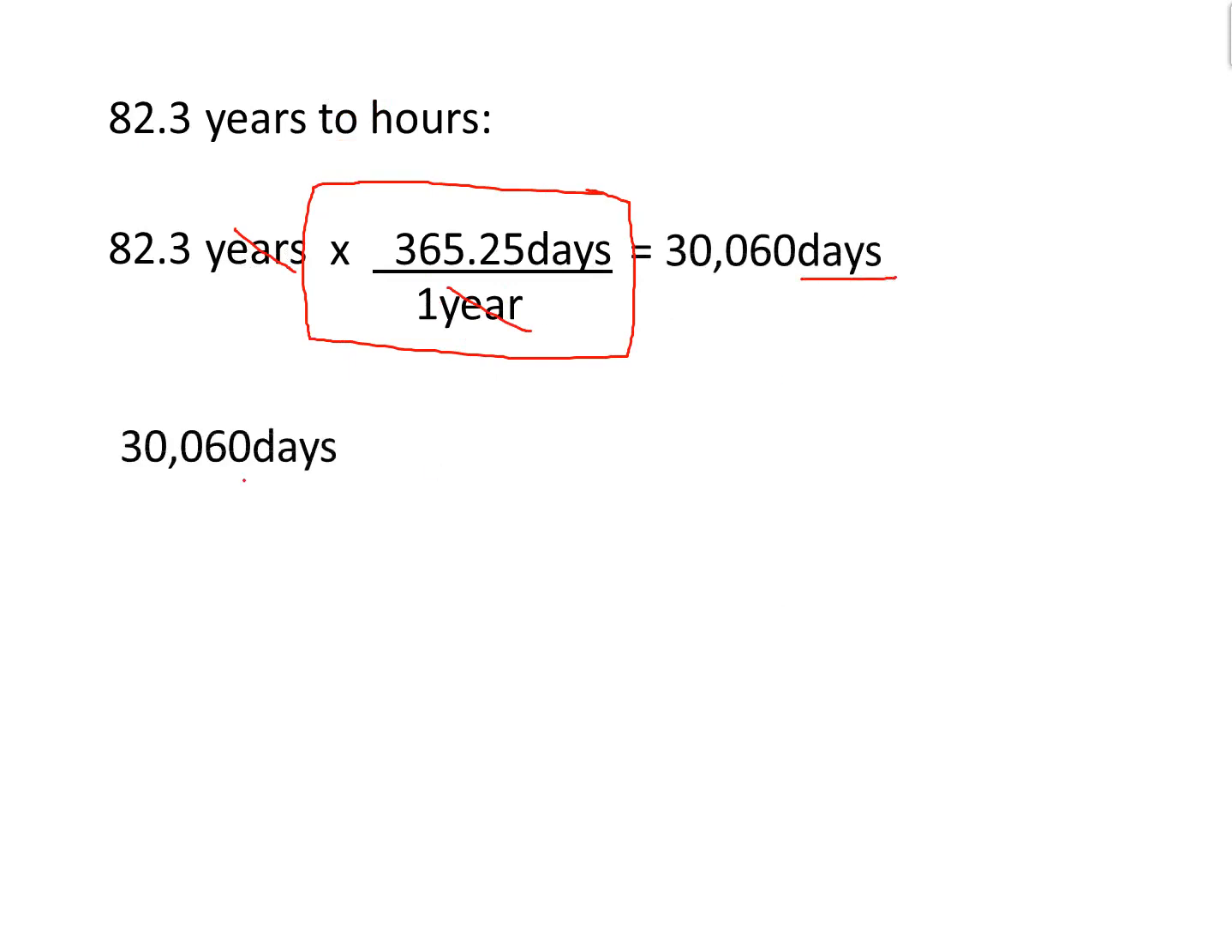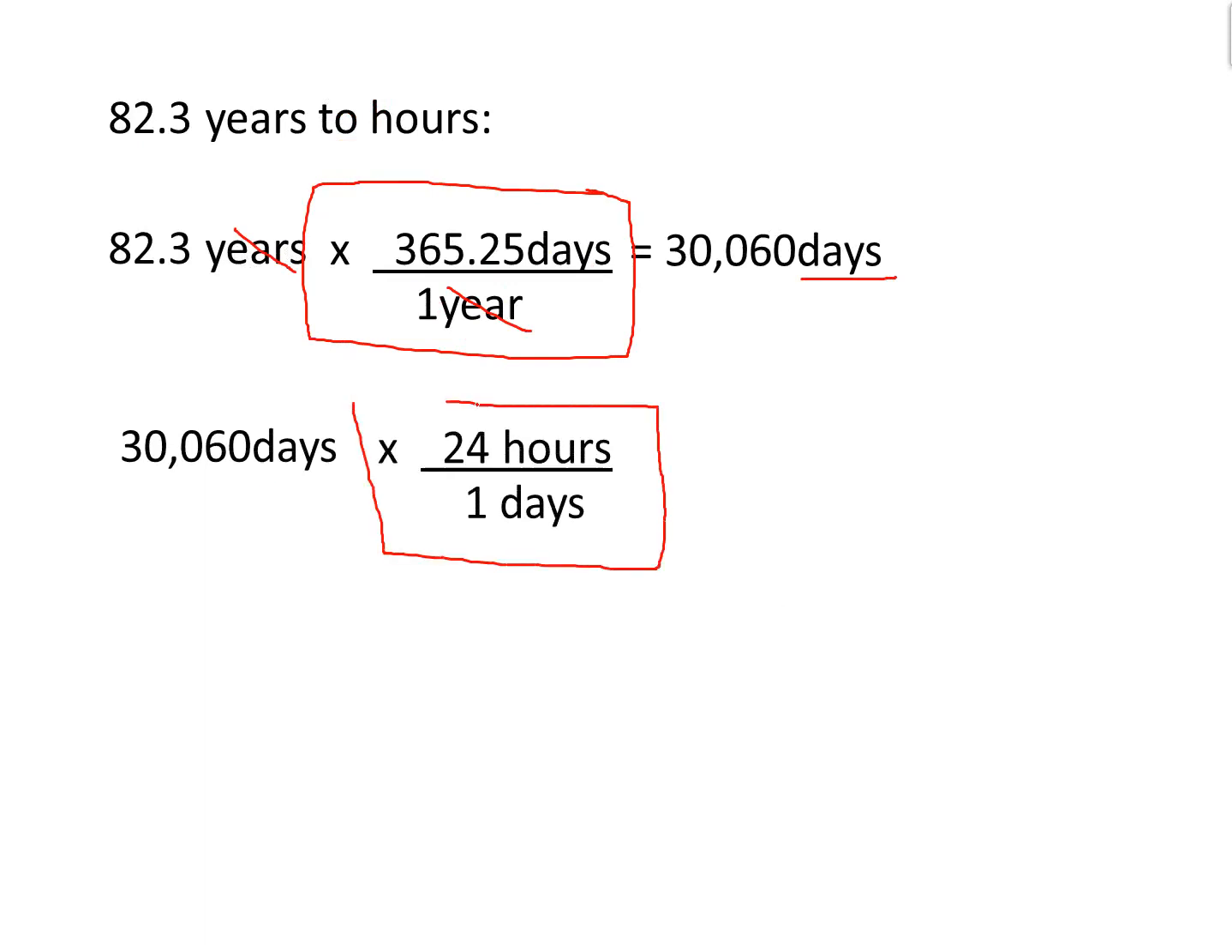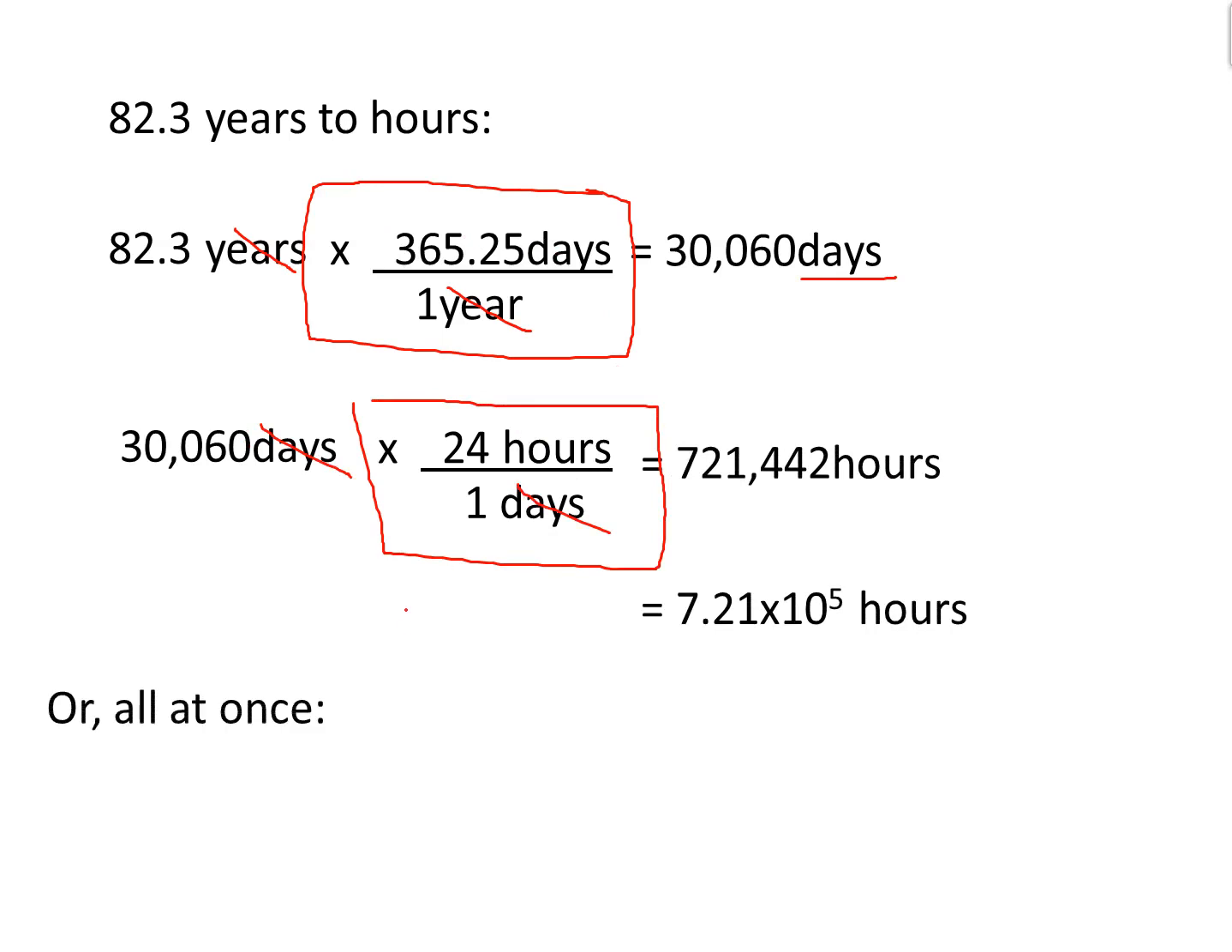That's not the final answer, so we can then take that answer, set up another conversion factor that will convert days to hours, and we have our answer in hours. So we've used two conversion factors, we've written the answer, and then used it in the second step. Since you are doing just two calculations, the other option would be, there's the answer in proper scientific notation with